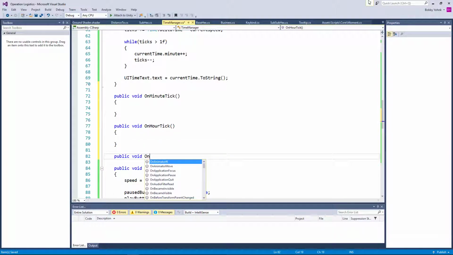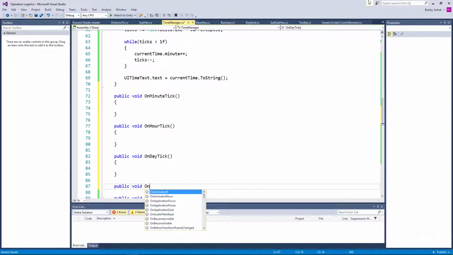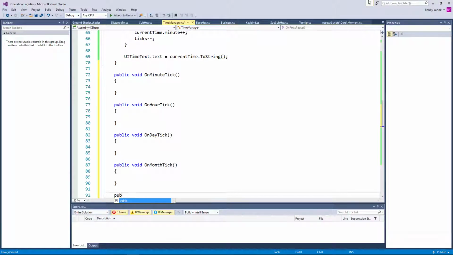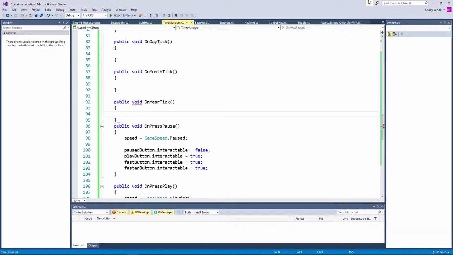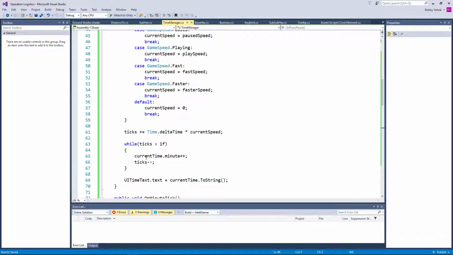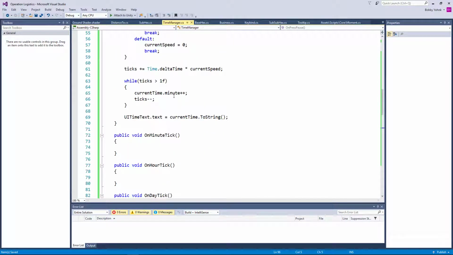Public void OnDayTick. Public void OnMonthTick. And finally, public void OnYearTick. Now those don't currently do anything. However, when we're in here, actually we can do it in...